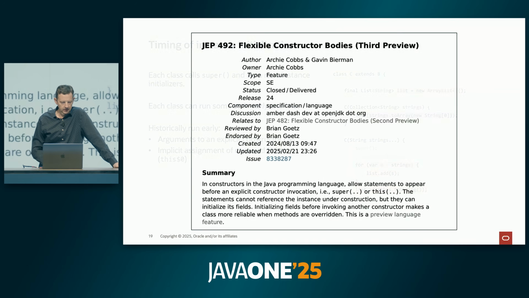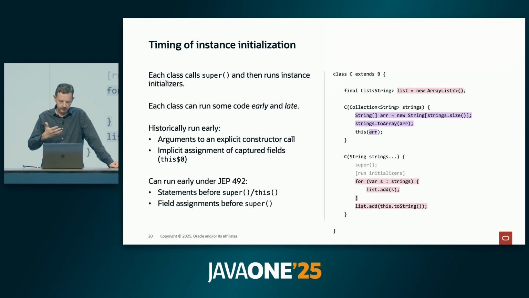Now there's a JEP in 24. It's been a preview feature for a few releases called Flexible Constructor Bodies. And what this JEP does is it enables additional code to be written to execute in the early phase. So let me illustrate. Now my first constructor there has some computations. Rather than happening between the parentheses of the this call, I can have some statements that do the computation. And when I've worked out my parameter, I can then hand it off to the this call to the other constructor. So now there's more things that are happening in the early phase.